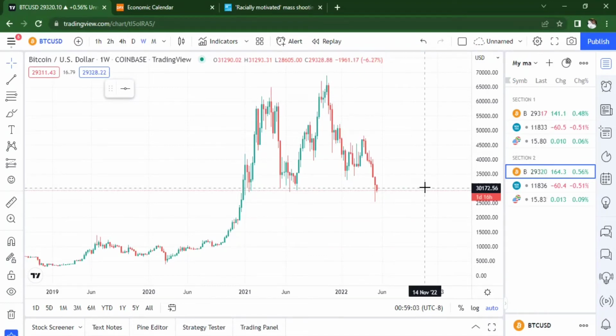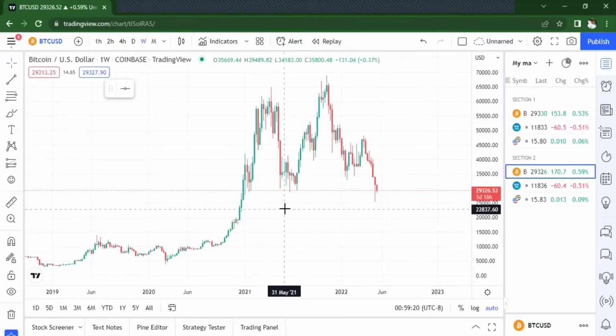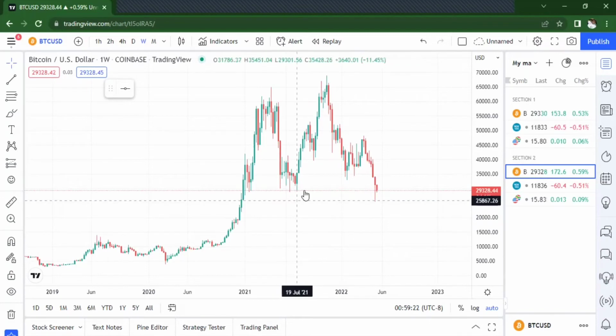For me, I analyze more on the weekly time frame and on the monthly time frame because it shows me where the general trend is, where the market is going and where it's coming from. As you can see, at the moment, a lot of people are expecting a massive bullish run on Bitcoin. But